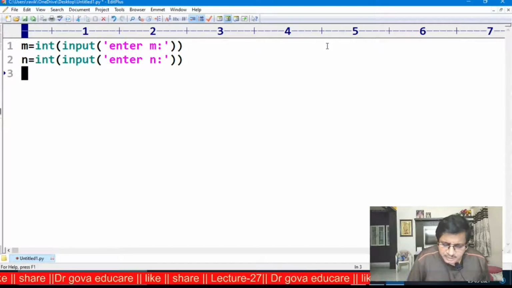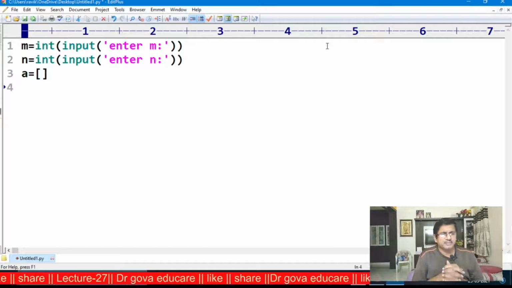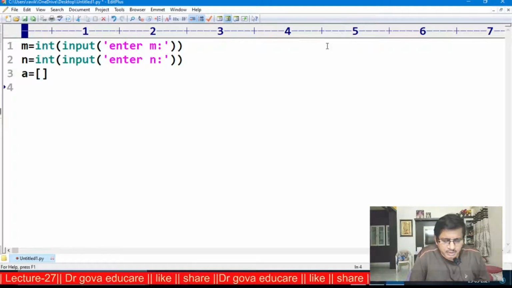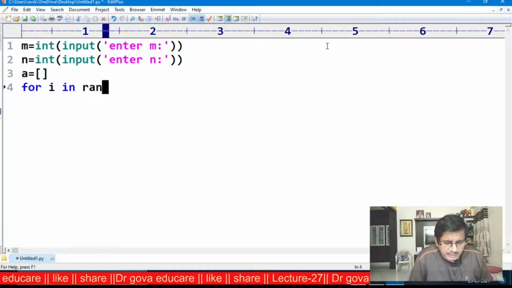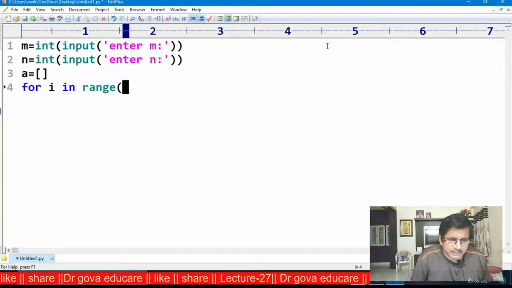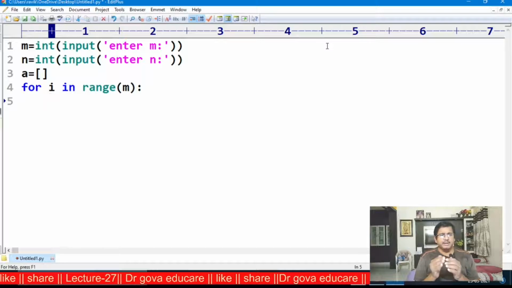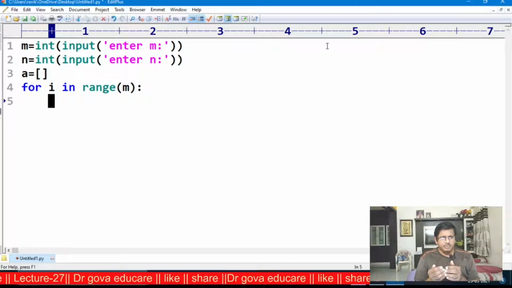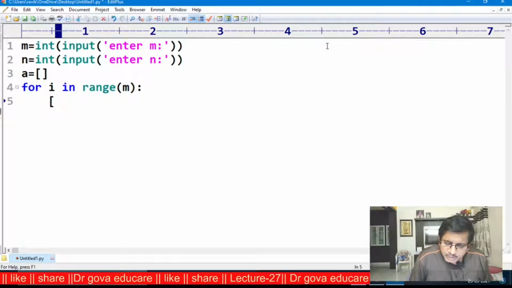First I am creating an empty list. A is equal to the empty list. First, for i in range m, the number of rows, I am creating one inner list.